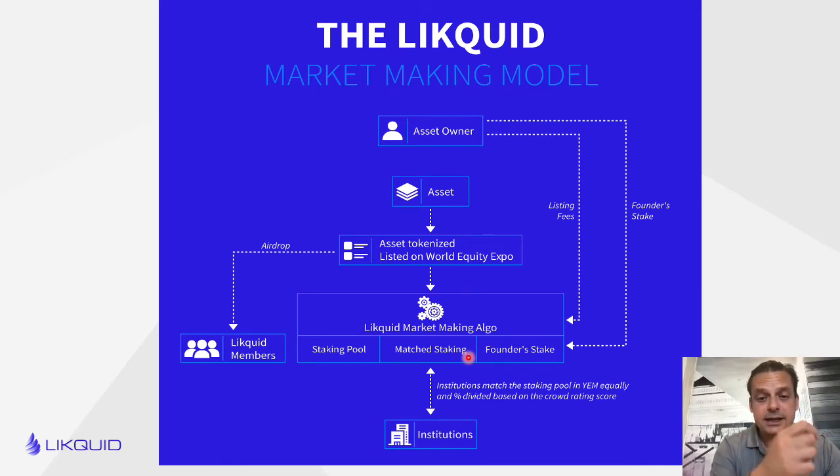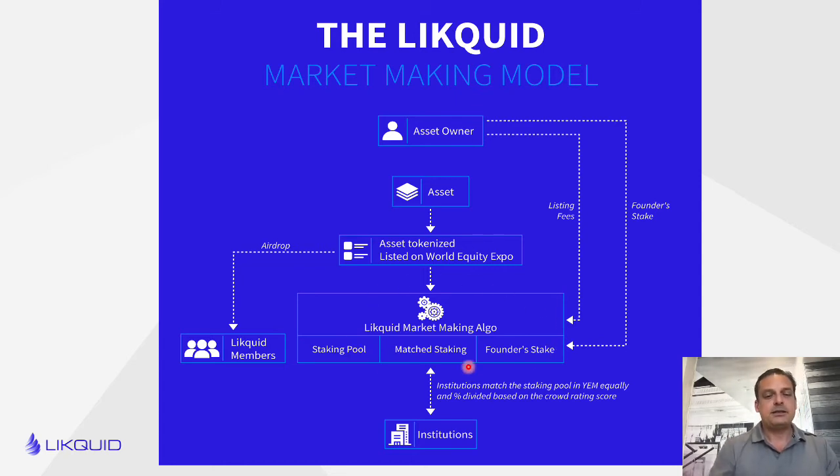Now what happens then is that this is put on the liquid market. The members, all you guys, get to rate the assets and say, this is good, this is bad. And this is where the founder actually needs to be very proactive in also promoting this. Now, depending on the rating, let's say it's a 30% score, okay? Just like crowd rating, we call it crowd rating. Then Liquid will match the founder stake by 30%. Now you have two components. Then you have the third party, which is this part, match staking. The institution will put in as much as these two, which means now you have a much stronger